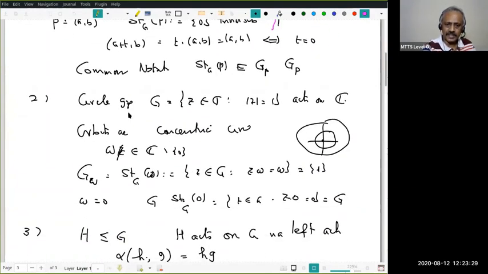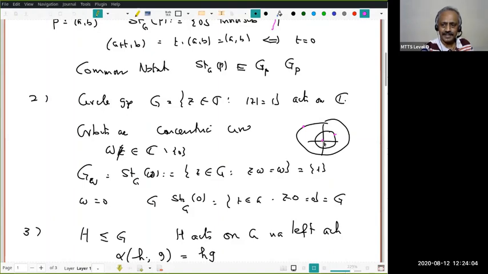Now what are the orbits here? Orbits are the singleton origin, and otherwise all concentric circles. So again, I can choose a point here, a point here, like that. But notice that these are all concentric circles, so the center is fixed. Any orbit is a circle, and a circle is determined by two data: the center and the radius. The center is always common. Therefore, to determine the orbit, namely the circle, I need only the radius.